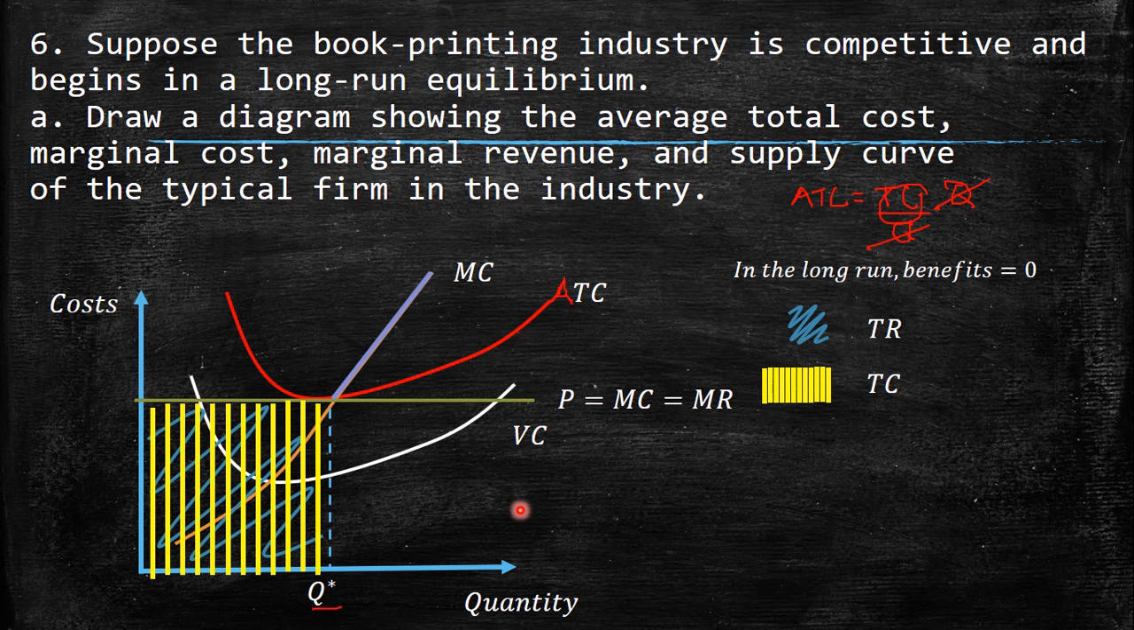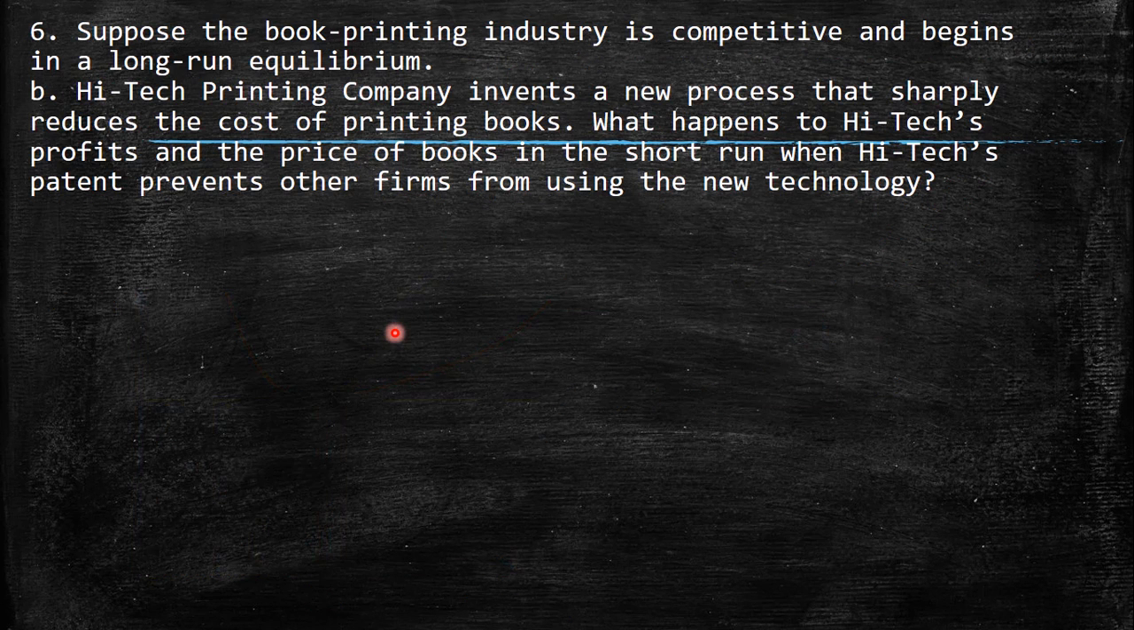So that's the idea. And what about the supply curve? It's going to be the part which goes above the average total cost because we are in the long run. So this is the supply curve. Then